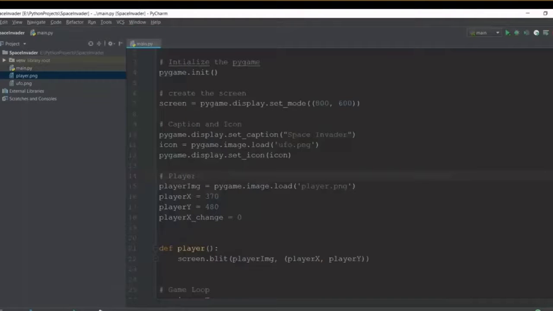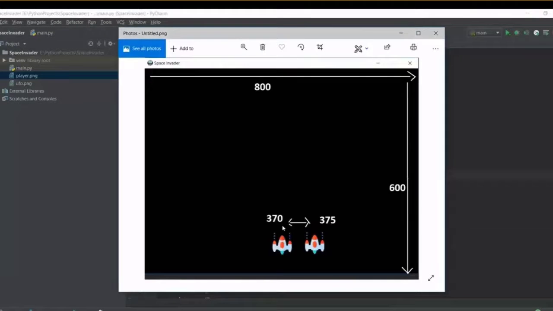If we subtract some value from this 480, it will move in the up direction, and if we add some value, it will move in the downward direction. So adding and subtracting values from the x and y coordinates of the current position of the object, or in this case the spaceship, can lead to a movement of that object, and we have to add it to a while loop because we want it to happen continuously.